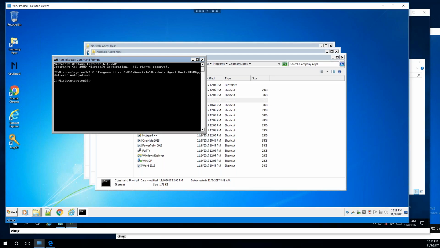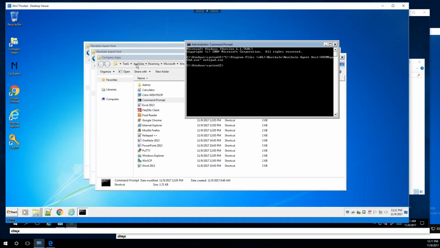It's okay. Yes, you run this command, space, and then your application, and it will wait until everything from VUEM has completed before it'll run the application. That is the idea of that specific executable, and it's found with every client install. So that's how you would get around that.